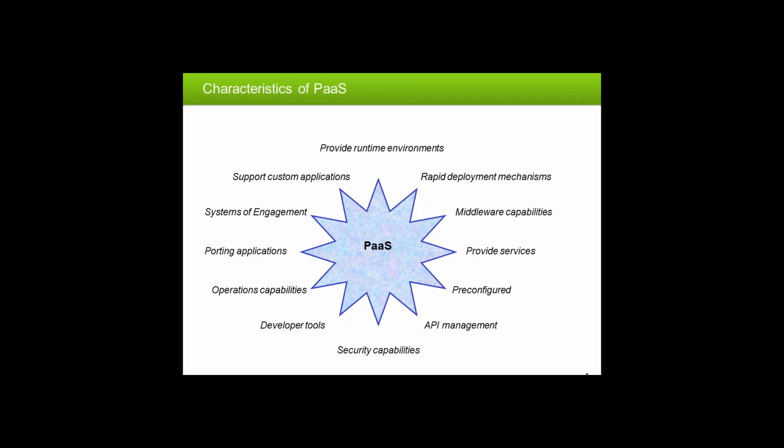And last but not least is the fact that many of these platform as a service environments are really aiming in the first instance at what we might call systems of engagement. In other words, applications that are designed to help the lives of end users, stuff like mobile apps, stuff like web apps. And the facilities provided by PaaS are particularly oriented towards that kind of application. Okay, so those are the various characteristics that you're likely to find in a platform as a service environment.